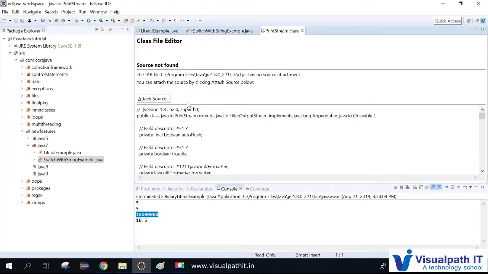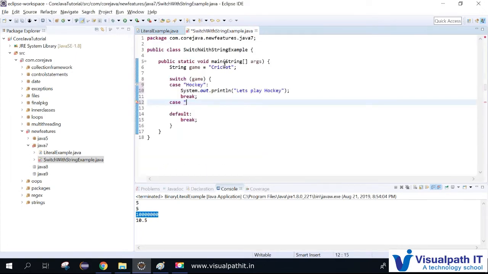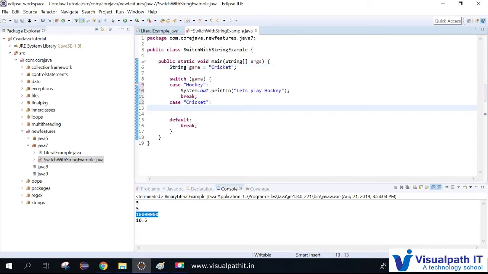This case I'm giving, so I'm writing cricket in this case. I'm just printing "Let's play cricket". Then I'll write one more case, then break.